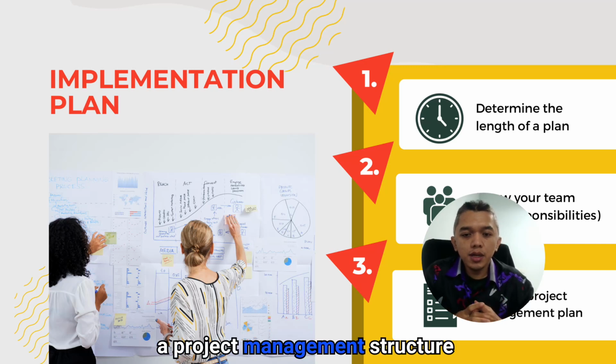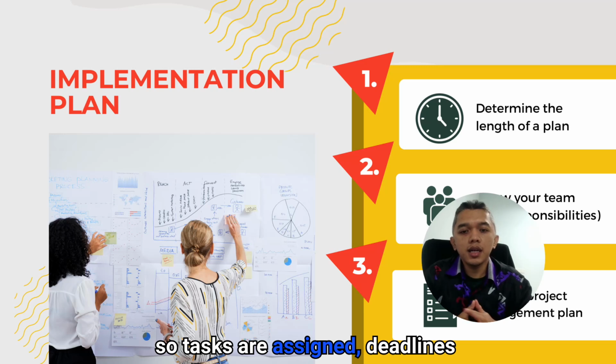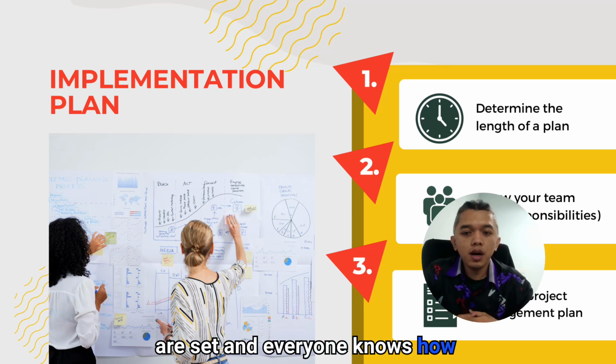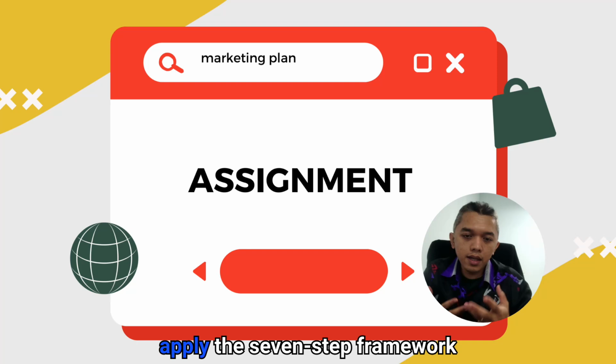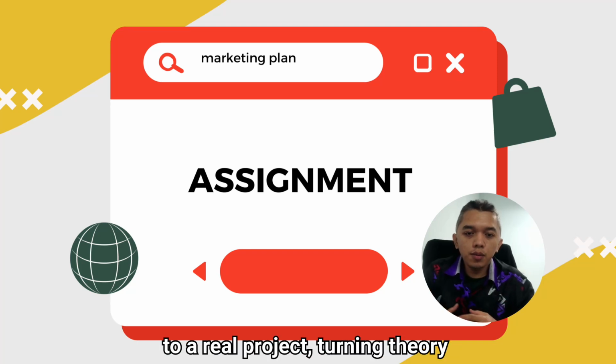A practical implementation plan starts by defining the plan's time frame, clarifying team roles and responsibilities, and creating a project management structure so tasks are assigned, deadlines are set, and everyone knows how success will be tracked. This slide announces the assignment and signals that you will apply the 7-step framework to a real project,